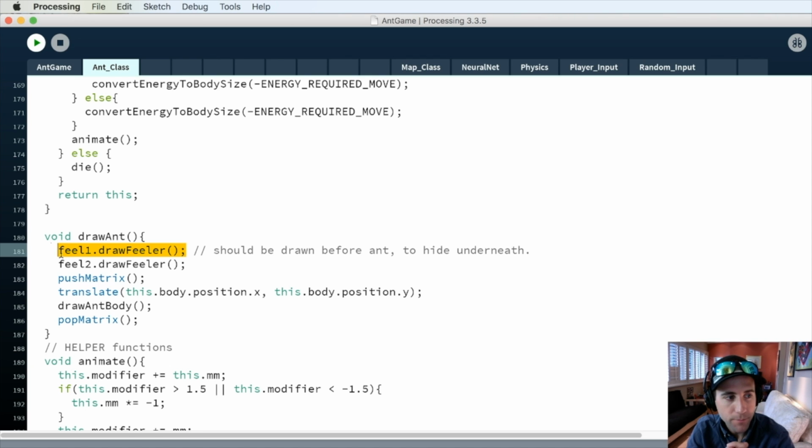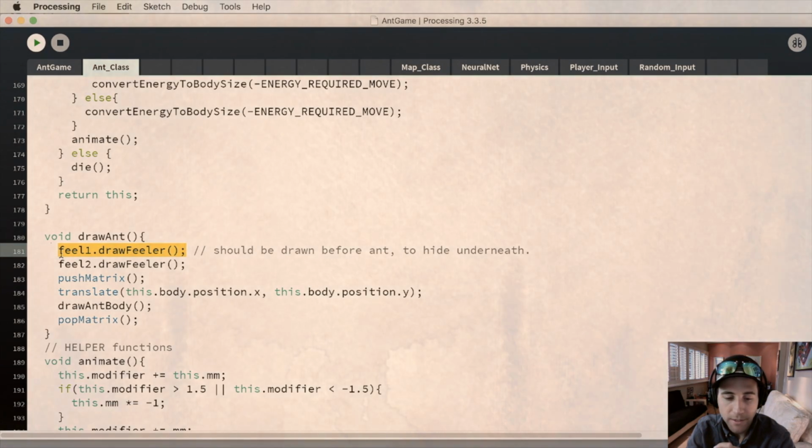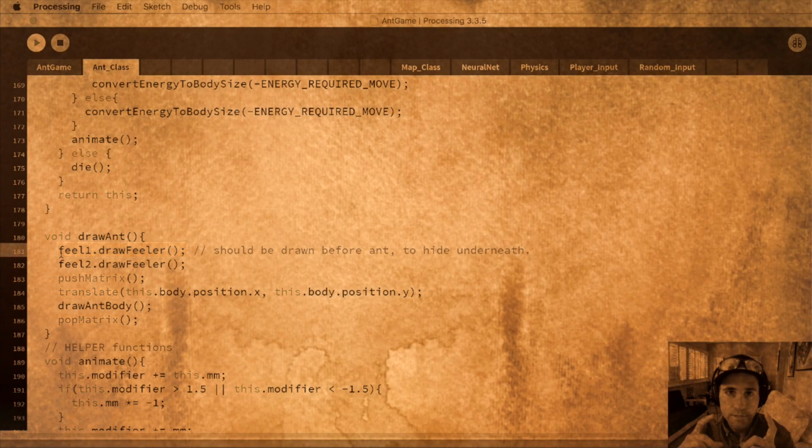If you guys aren't sure what pushing the matrix is and popping the matrix is, essentially, hey guys, Future Brendan here, how's it going? I just realized that I went off on a bit of a tangent on how pushing and popping matrices work, and I try and do a bit of a quick tutorial, and I don't do the best job in the world. So in the interest of time and keeping this video on course, please go check out the annotation here if you're not sure of what pushing and popping matrix is. Other than that, we're going to get back to how the ant class works in 3, 2,